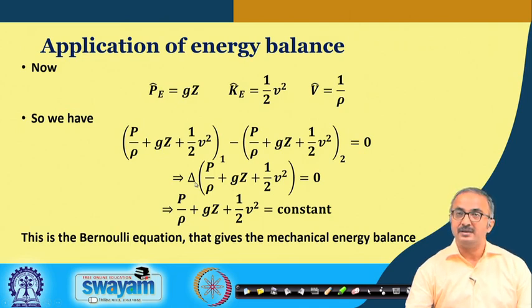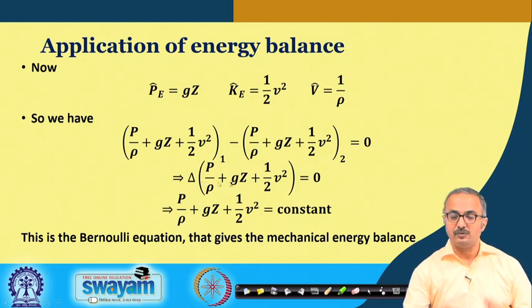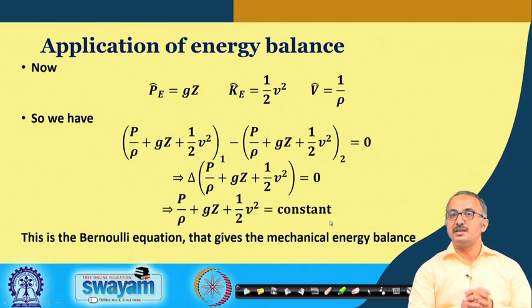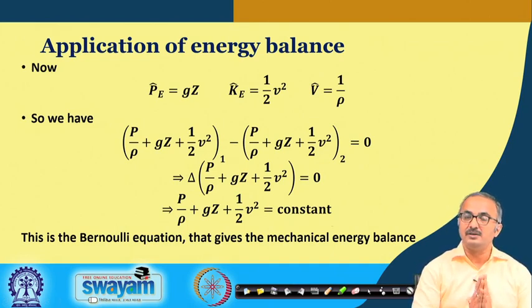So, the difference between the energy of the inlet and the outlet is 0, so that we see that the total energy in the system is remaining constant. That means there is no change in the energy from the inlet to the outlet, provided we have those assumptions